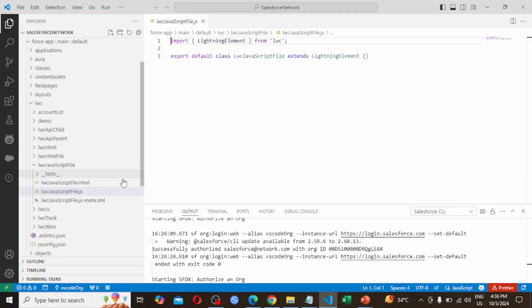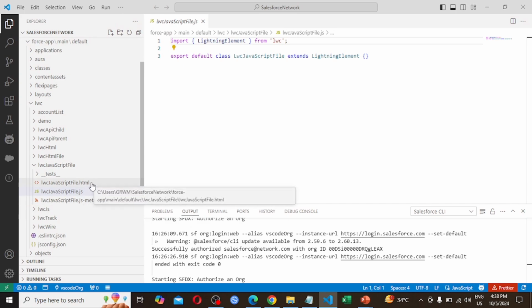Here we are seeing that this component has been created, and in this we are seeing lwcJavaScriptFile.html, lwcJavaScriptFile.js, and lwcJavaScriptFile.js-meta.xml. So these three files are getting created.